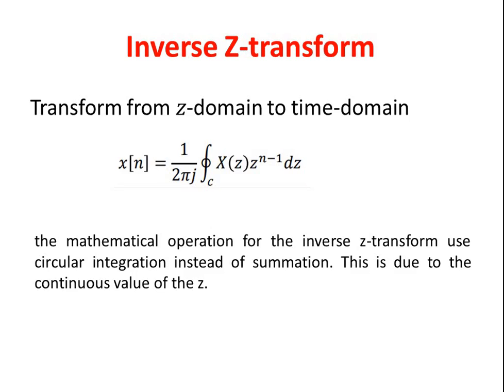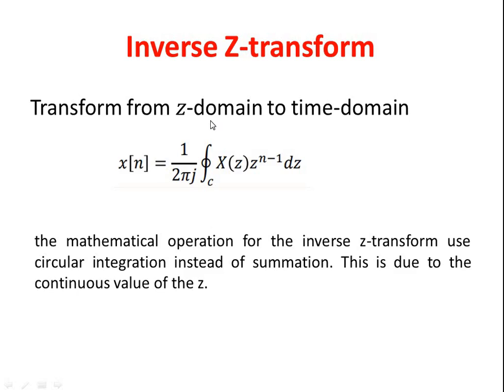Okay, so this is the proper definition of the inverse Z transform. The Z transform converts a discrete time signal into a continuous frequency domain, right? Now the inverse Z transform again brings that frequency domain back to the time domain. Here we are calling that continuous domain the Z domain, and from that we are converting back into the discrete time domain.